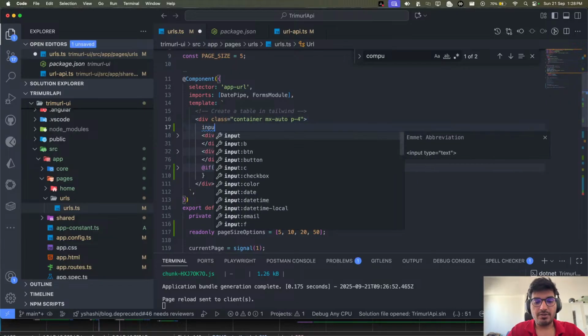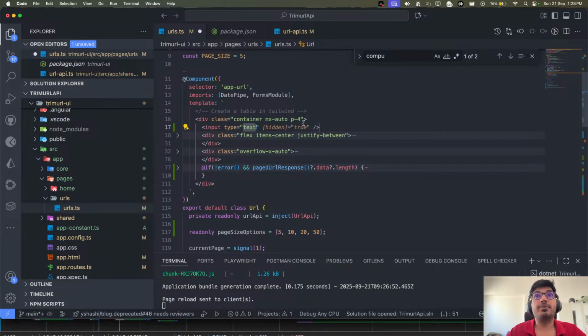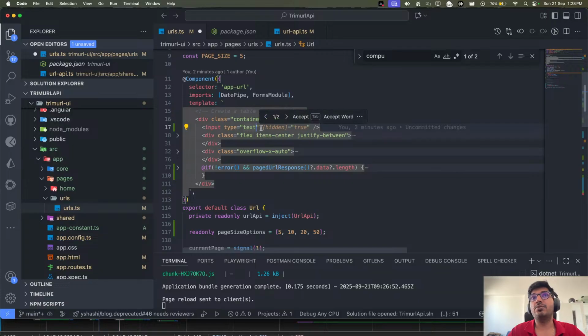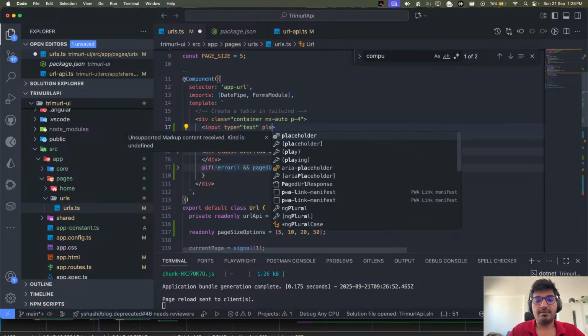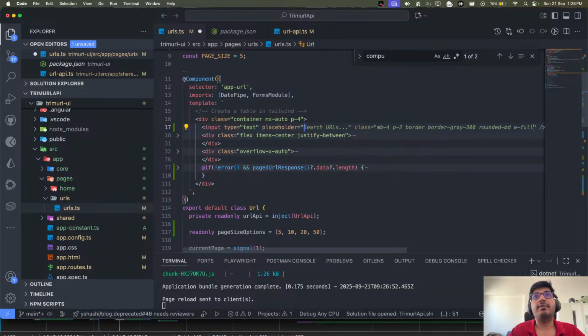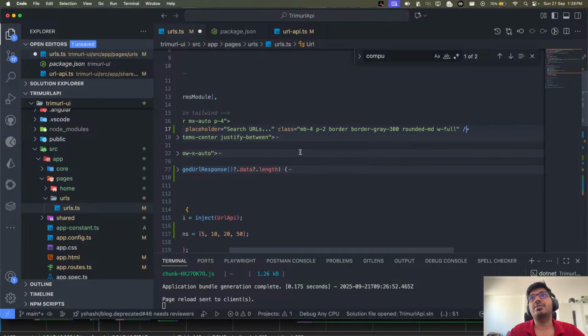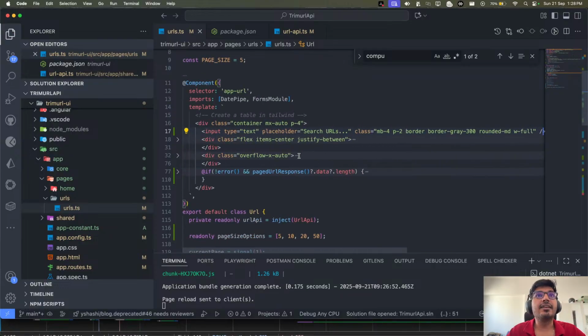For example, now if you have an input here, input type text, which is good, then you will have a placeholder. Come on, please work. I'm waiting for AI to help me. Yes, so you have a placeholder with all of these classes. That's fine.